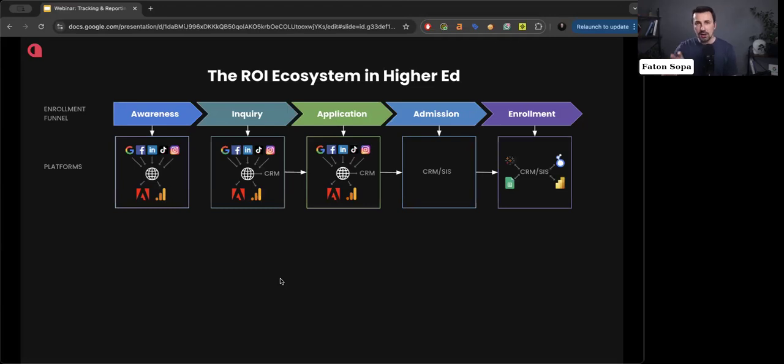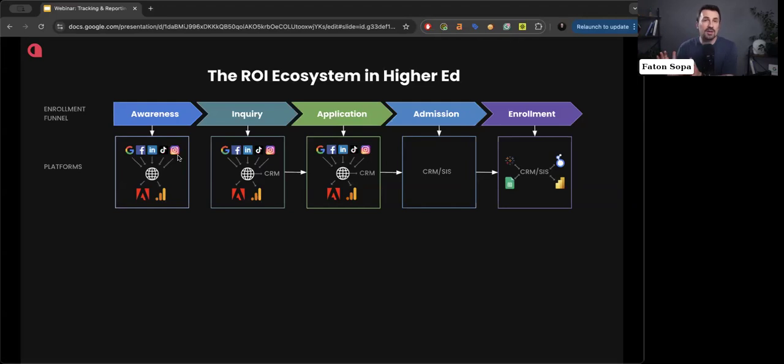Why? Because at each of the decision-making stages, you have tools and marketing channels like Google, Facebook, Instagram, and partnership sites that send traffic to your website. Then you send this data, the traffic, to your analytics platform, which might be Google Analytics or Adobe Analytics.